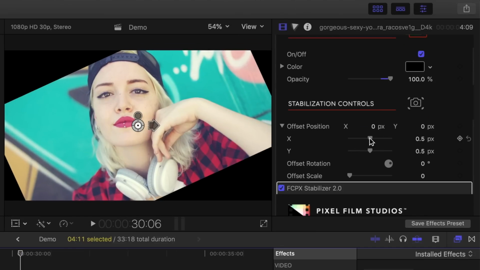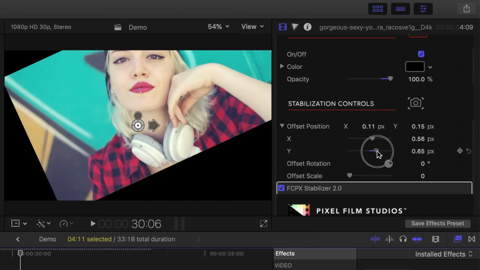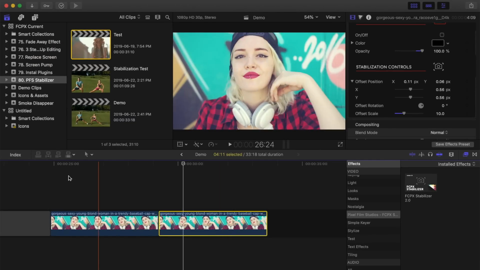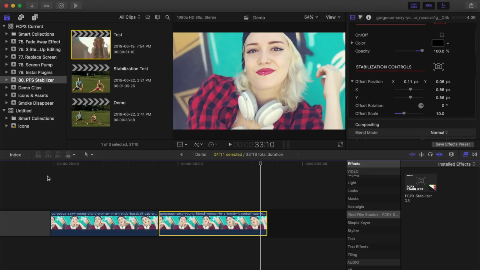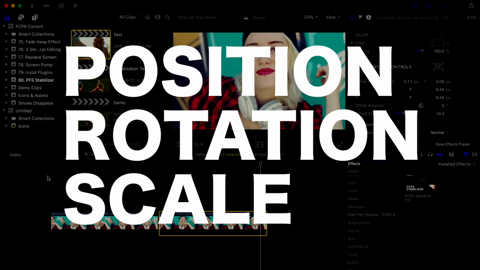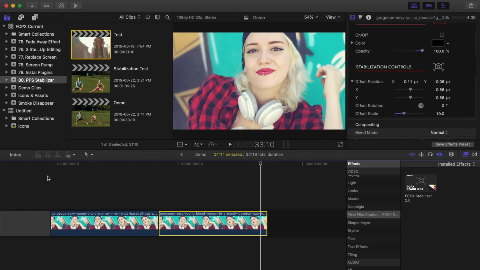Now we can use a combination of the mirror effect and scaling to fill our frame. This is the clip before, and the same clip after. The Stabilizer 2.0 plugin can track the position of your focal point, its rotation, and scale. You can apply these parameters individually, use a combination of any of them, or combine all three for the most